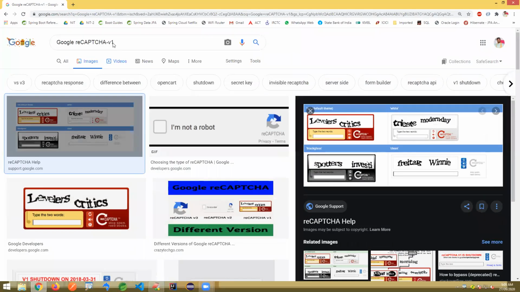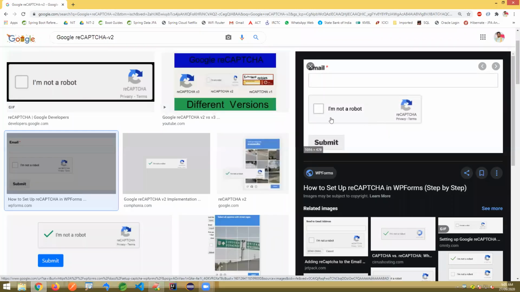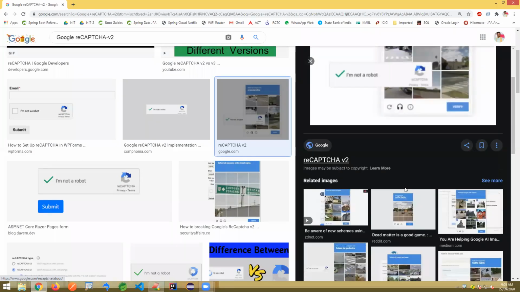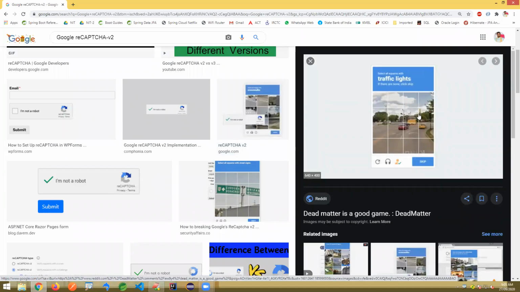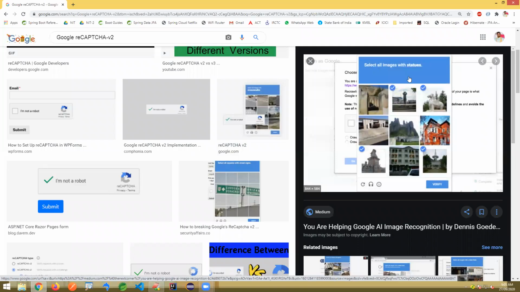Now there is Google reCAPTCHA v2, version 2. V2 shows an 'I am not a robot' checkbox, and you need to click on it. When you click, it will ask you to select images matching a title: select some crosswalks, select some traffic lights, select one school bus. You have to choose the matching ones, and that is verified at the Google server only. It shows 'I am not a robot' and image selection, and that is all we are going to implement here.